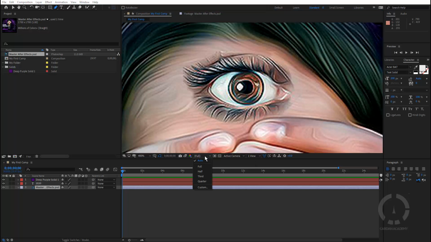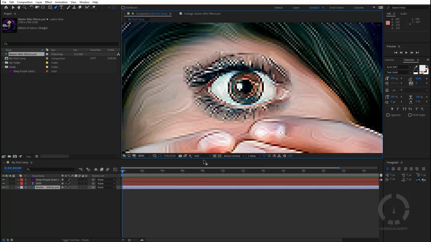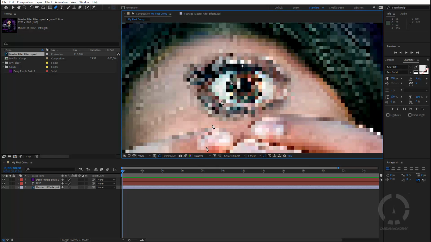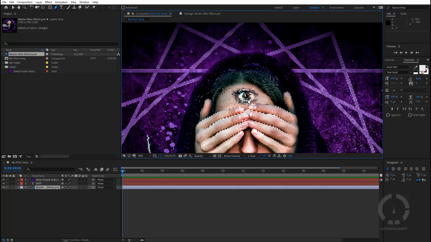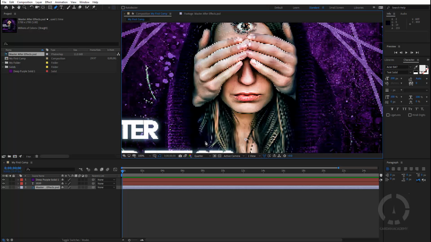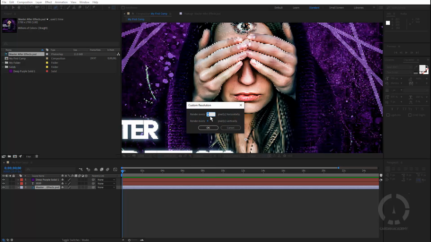Now you can see the resolution, where we can see the full resolution of our image. We can go half of the resolution, we can go a third, and we can go at a quarter. Now this is helpful when we are working with heavy stuff, heavy images, and our render is kind of holding us back. So you can actually use these options in order to get more efficient. And After Effects is not going to have to deal with all the information. We're just going to say, okay, please work with a quarter of that,